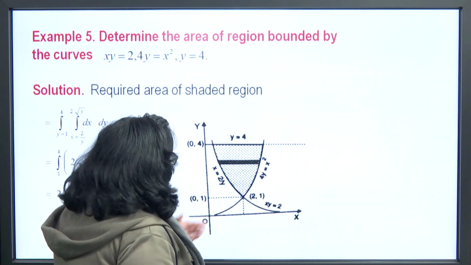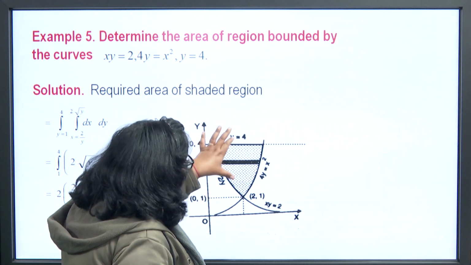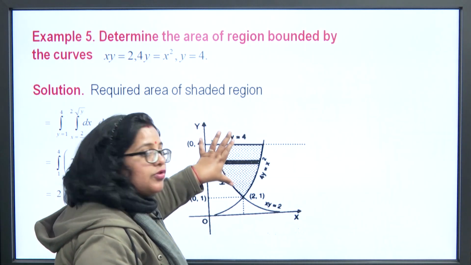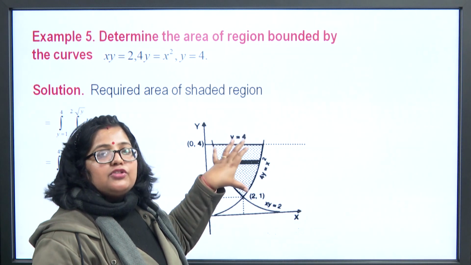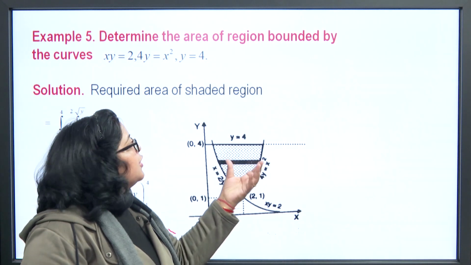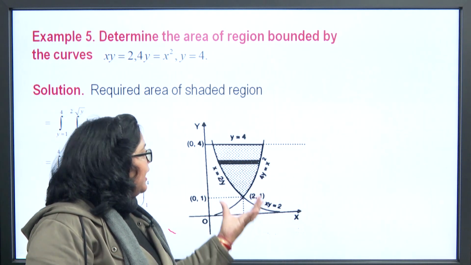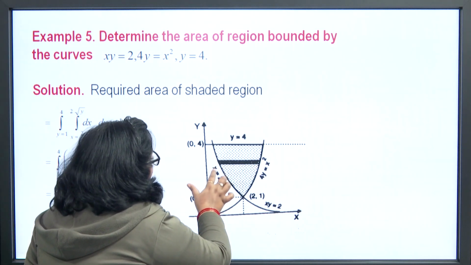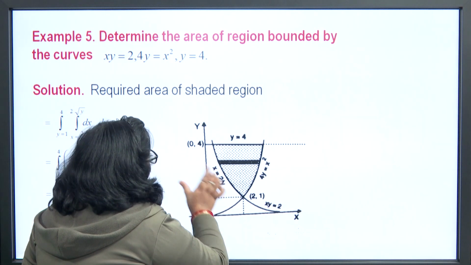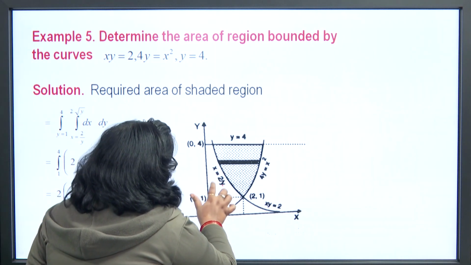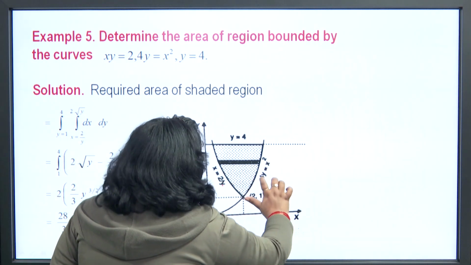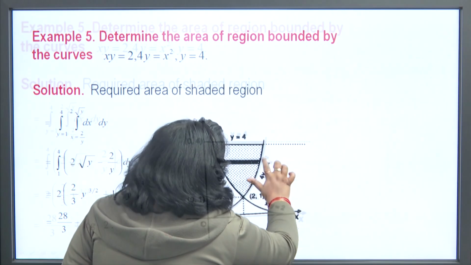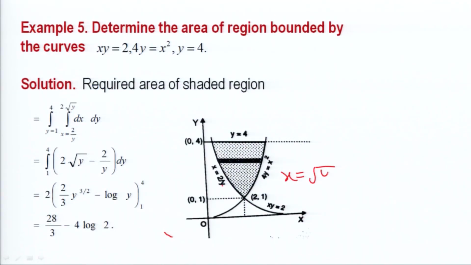So, we can see here that if we draw the strip parallel to the y axis, it is not easy to find the limits of y in the function of x. So, we draw the strip parallel to the x axis and find the limits of x in the form of y. Here x is 2 by y and x square is 4y, that means x is under root 4y. Take the positive value also,